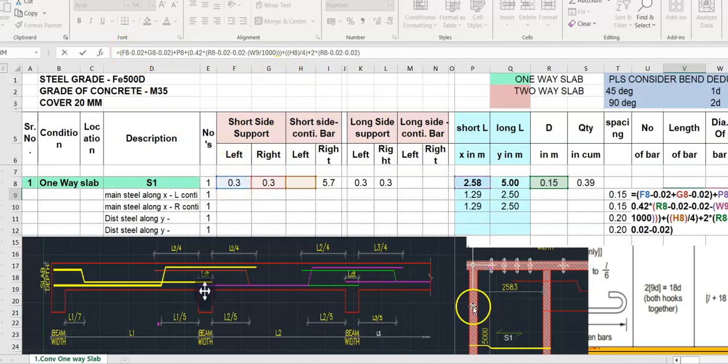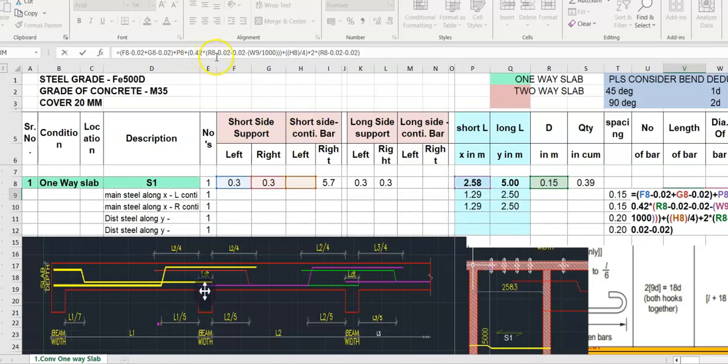F8 is the left side support minus spacing plus G8. G8 is the right side support minus cover plus P8. P8 is the shorter length internally, 2.583. Now 0.42D